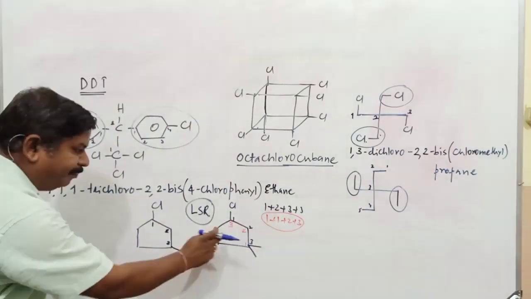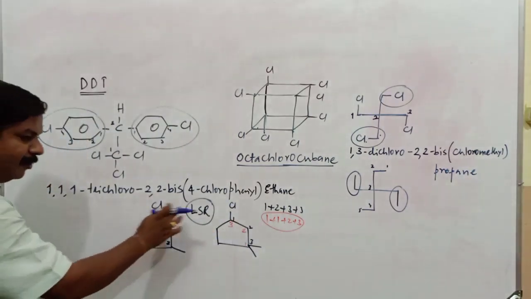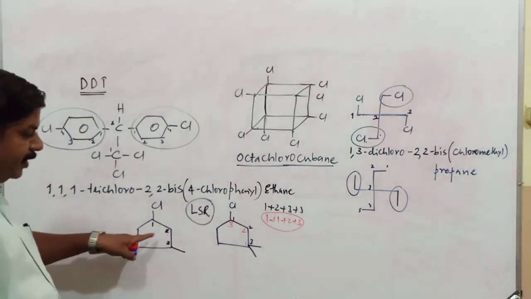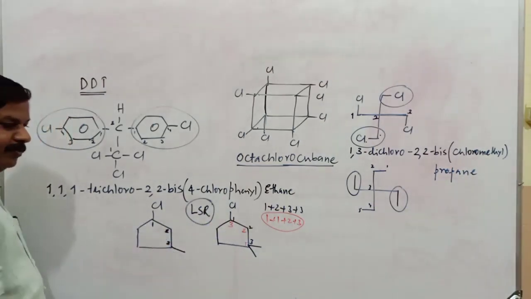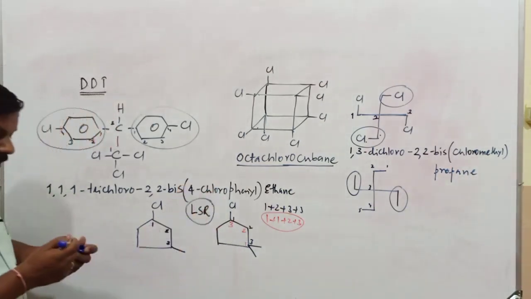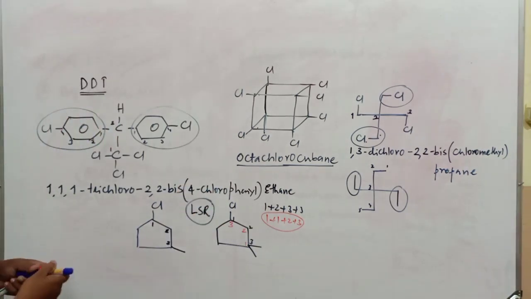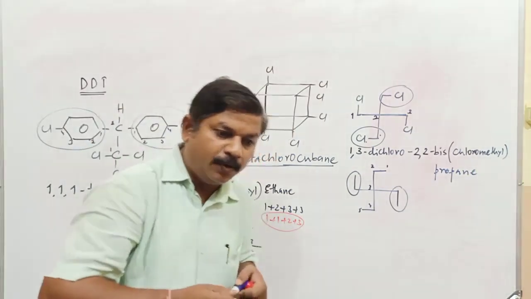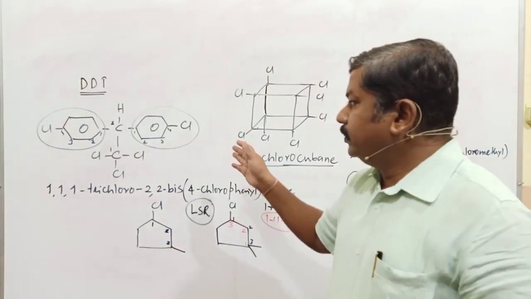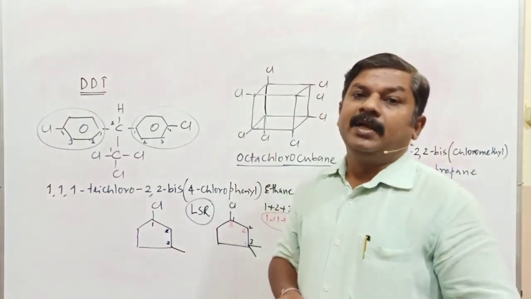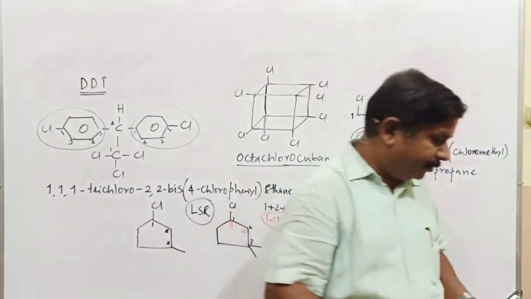So these are 2 almost similar compounds, but we follow different rules to write the IUPAC names of these 2 compounds. Here alphabetical order should be followed. Here LSR, the lowest sum rule, is followed. Like that we come across a number of compounds containing chlorine, bromine, fluorine or iodine. You have to follow all those IUPAC rules to write the complete IUPAC name of these compounds.